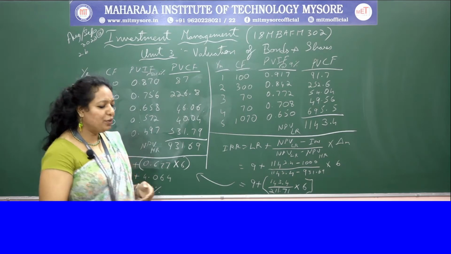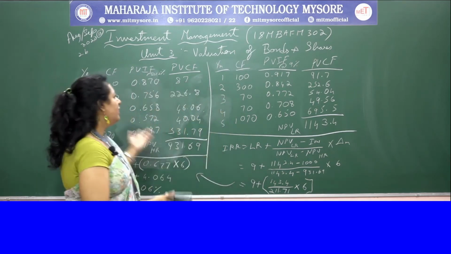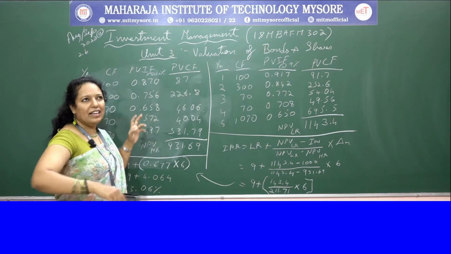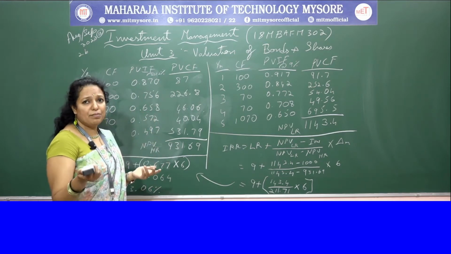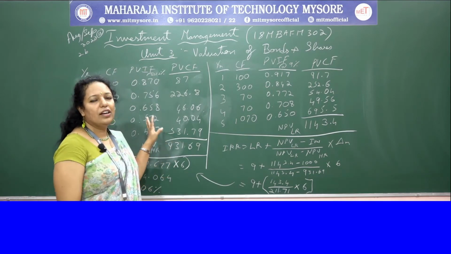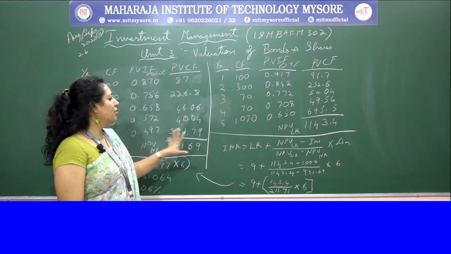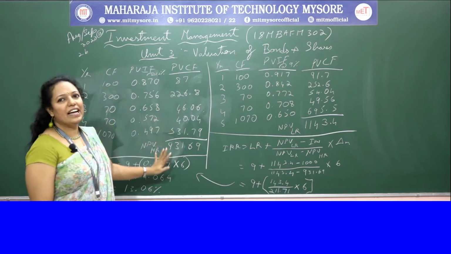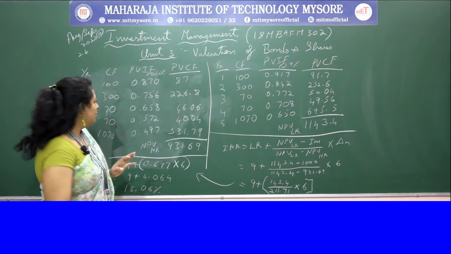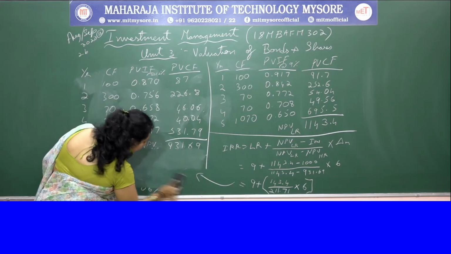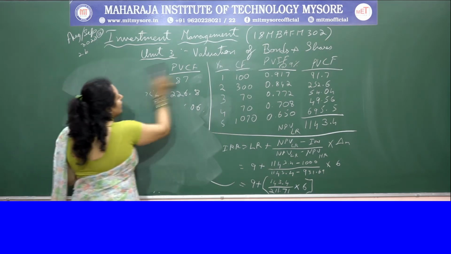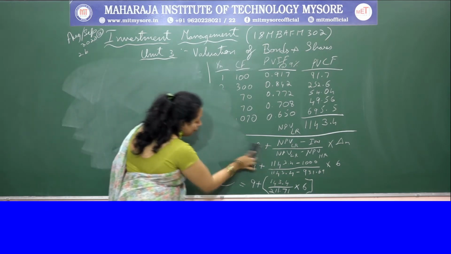So hopefully you have understood this problem. Whenever they give two different rates and reinvestment is there, the first rate is called the yield to call. So here what you need to do is, using IRR, you need to calculate the yield to maturity. Okay, so let's go to another problem. Before that, I'll just clear the board. So this concludes the valuation of bonds.